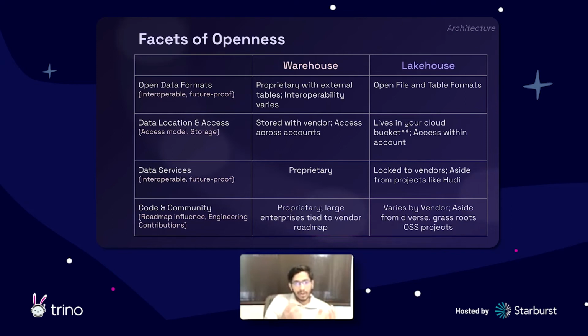Even on the lake side, since a lot of these formats are open, you can actually go and contribute to the projects, which have more diverse, grassroots open source communities. You'll also find some projects are more controlled by vendors, but by and large, you should be able to contribute to these open source projects, even if you can't influence the roadmap. But let's say for the Apache governed projects, there are very strict governance models around how the project is even roadmapped. So you should be able to go in there with your team and influence the project if you want to, right?